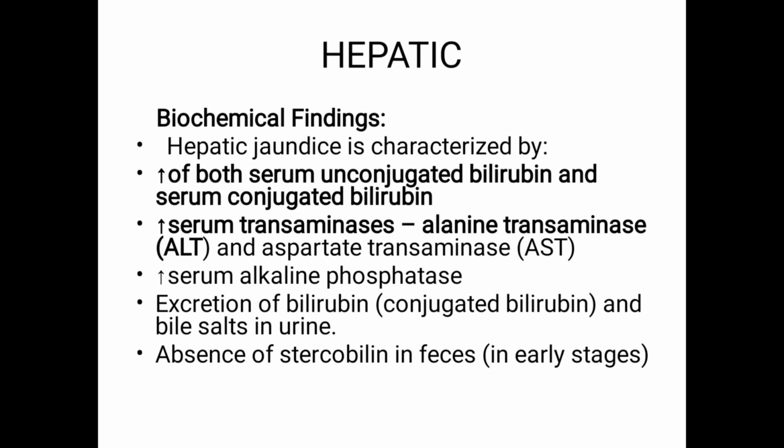See, particularly in viral hepatitis, you can see the ALT level, usually normal is 0 to 40 international units per liter, but in viral hepatitis it may go up to 400 or even 4000, 10 to 100 times higher, if there is any liver cell damage. The increase in alkaline phosphatase is not high, a moderate increase. So there is excretion of conjugated bilirubin in bile, and also bile salt in the urine, and absence of stercobilin in feces.